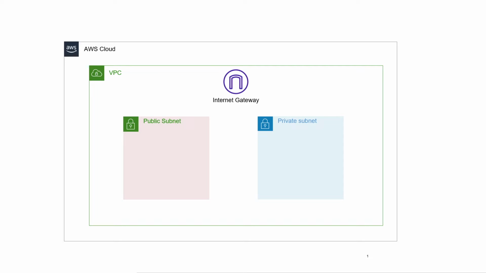However, we do need a way to access it using tools like pgAdmin or whatever kind of IDE that you use from your home network. And for that, we need something called a JumpBox. So what we're going to do is create a JumpBox in our public subnet. And sometimes you hear the term bastion host or JumpBox. These are used interchangeably. And this is just going to be a very small T3 or T2 micro instance that we place in our public subnet and configure our subnet so that it can be accessed from the public internet